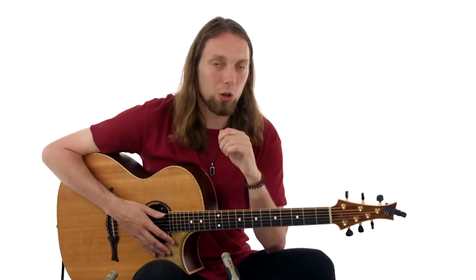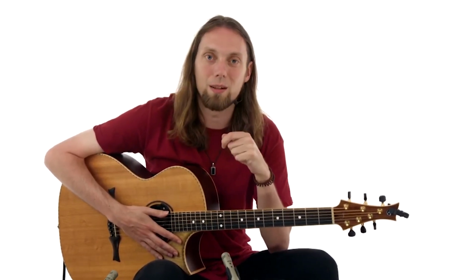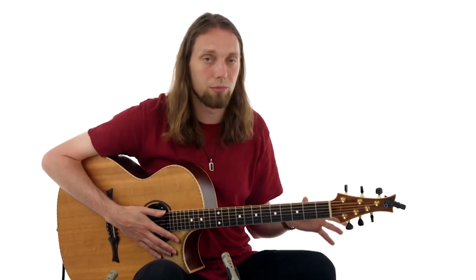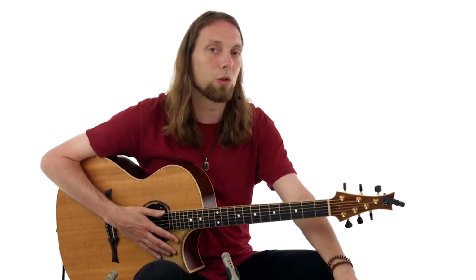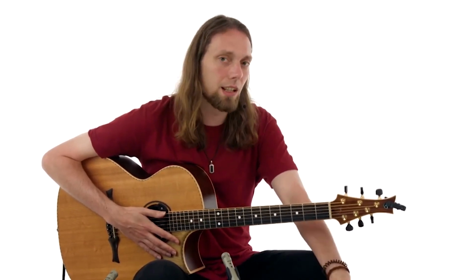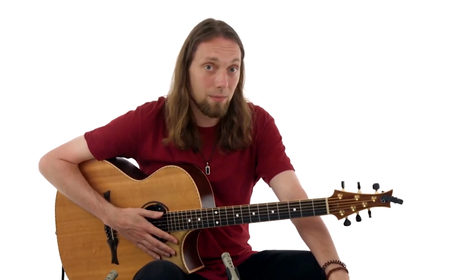But I use it in an open tuning. I use it in the tunings that I like to play with. I like to use it with Celtic guitar, with modern fingerstyle guitar, and other genres as well, which I'm sure the Travis picking purists would frown at, or not necessarily frown at, but they might not call it Travis picking. Okay. Now, for this little exercise I'm going to play for you, we're going to be tuned to DADGAD,